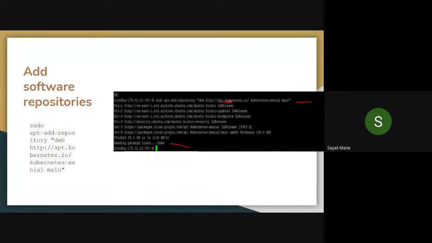Please copy the command, paste it over here, and wait for a few minutes. You will get this message: fetching and then reading package list is done. Once it is finished, take a screenshot of it, highlight your commands and highlight the last line, that is finished, done, or the status of your command.